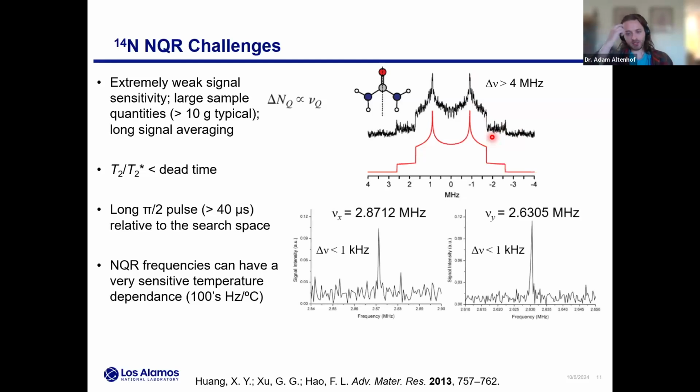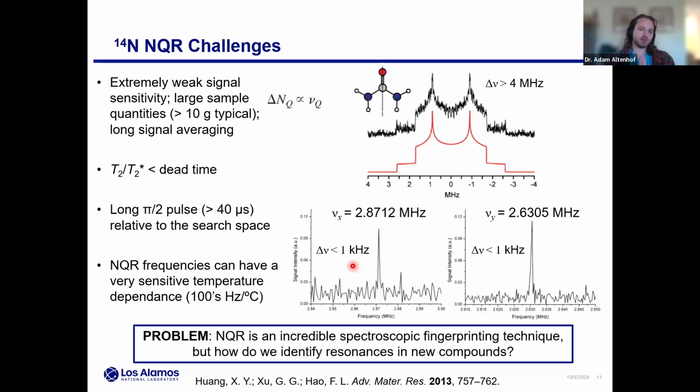Now compare this to the NQR lines for urea, the same compound. Again, we have this really high resolution, so these really precise frequency locations, but the SNR is quite low. So this is like a really extreme needle in a haystack problem. If I'm some tens of kilohertz away from the suspected resonance, I'm just not going to see it. And really, this is the main point: without any a priori information, how am I going to go about finding these resonances, particularly in new compounds such as fentanyl?